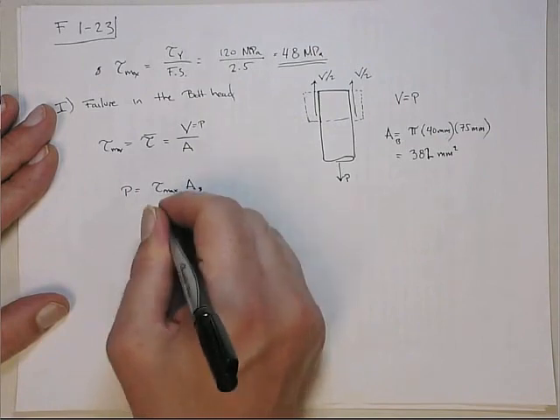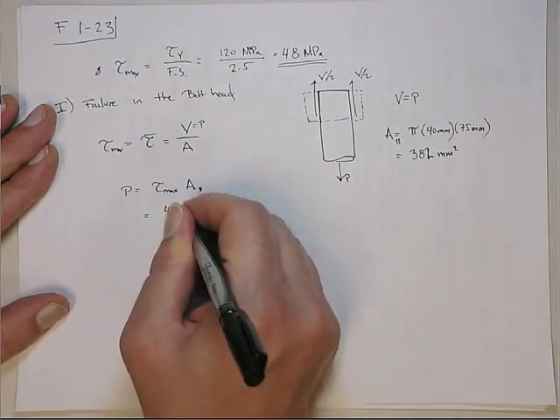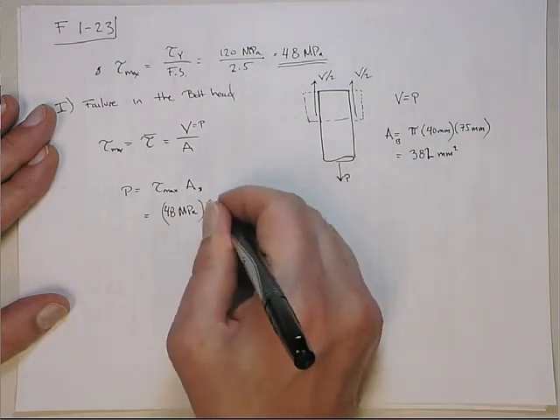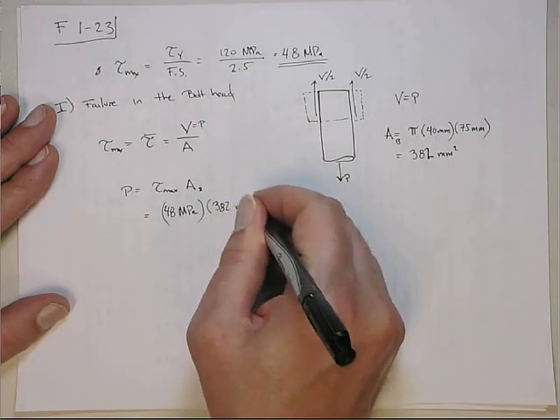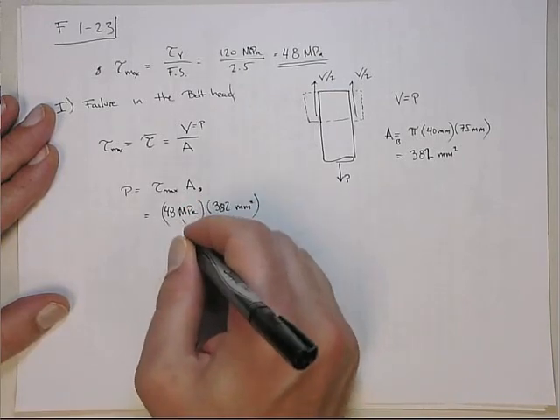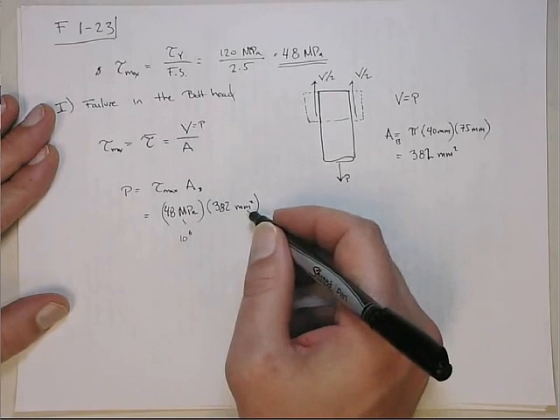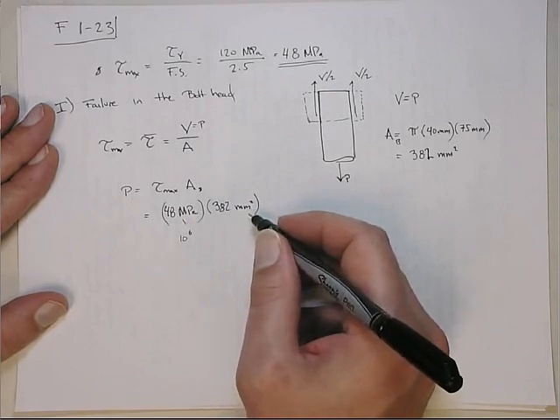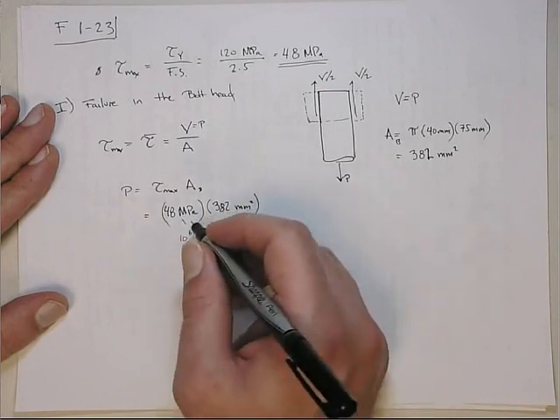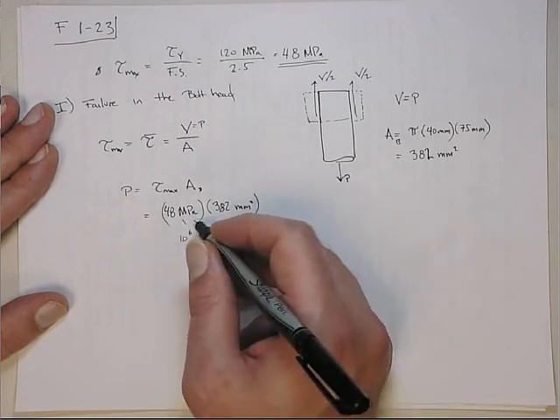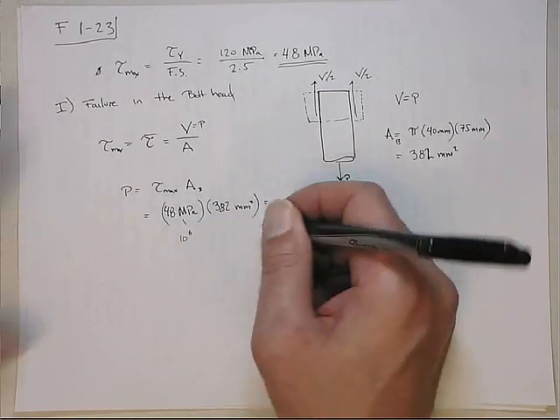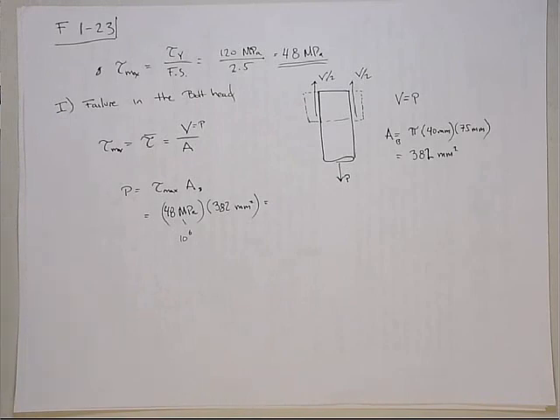So that gives me 48 megapascals times the area, which is 382 millimeters squared. Okay, so this is a 10 to the 6th. A millimeter is a 10 to the minus 3rd, so when you square it, you get 10 to the minus 6. So in fact, the millimeters cancel out with the mega, and this gives me a force in newtons. So it's left with newtons, and that is